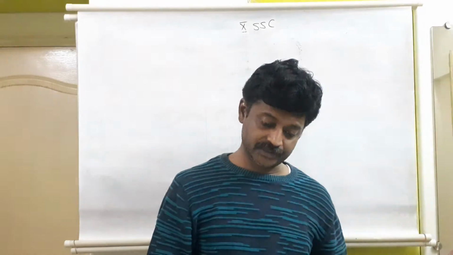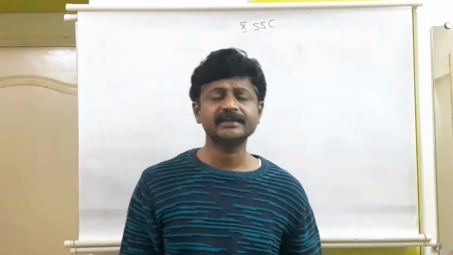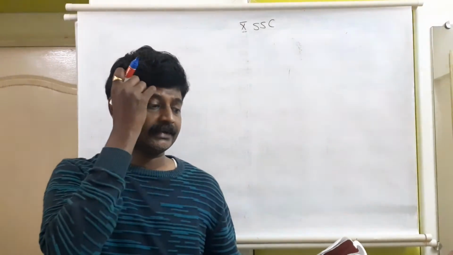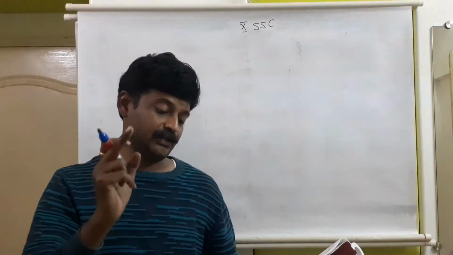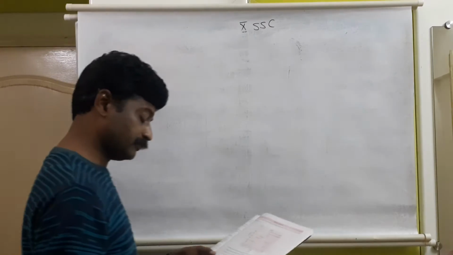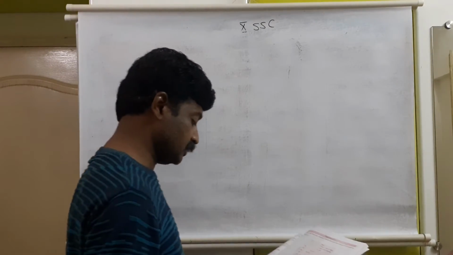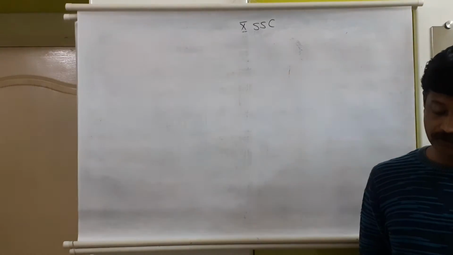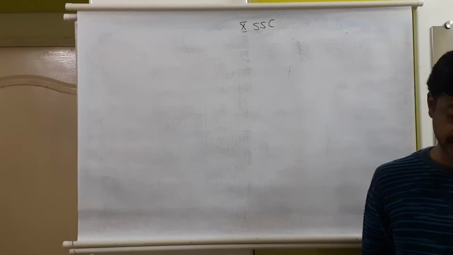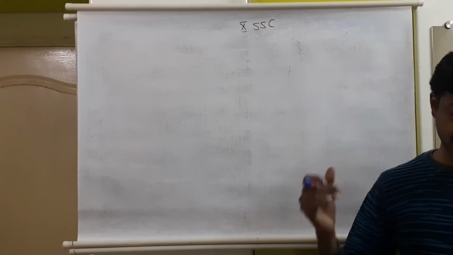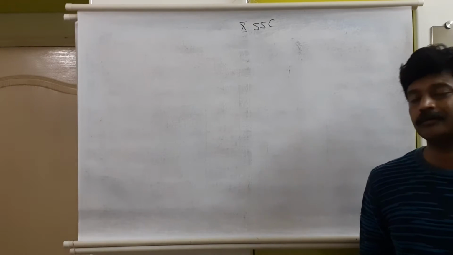Let us continue with question number 2, page number 157, practice set 6.5. In the previous video, we finished practice set 6.5 first and second question. Now let us continue with question number 3. For that, first we will draw the table. The given information is: the following table shows the classification of percentages of marks of students and the number of students. Draw a frequency polygon from the table.